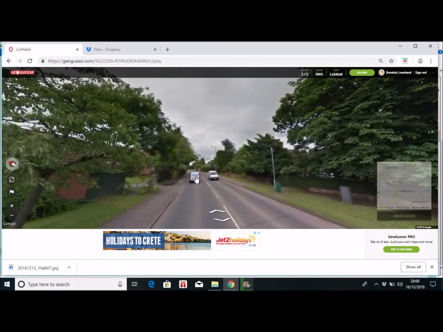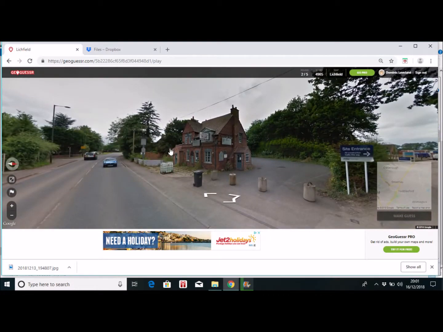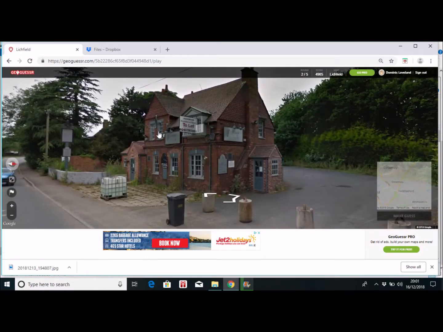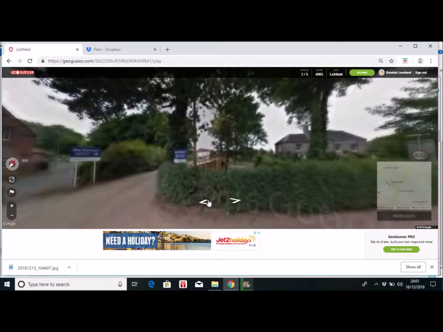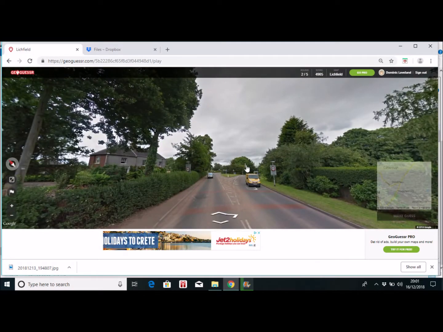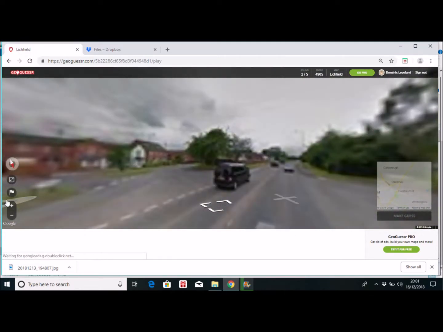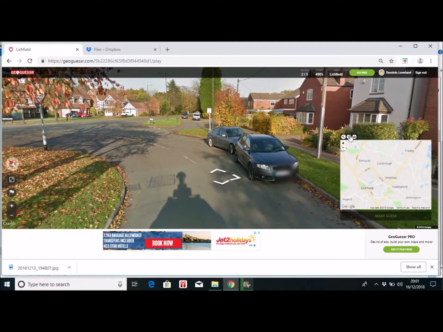Down here it leads to a motorway. This pub here looks closed down, so this must be quite recent. I never went there, and they are building houses down here. There's a new housing estate behind this board, and this motorway gets you to Burton and Derby, heading northeast out of our city. But yeah, cool. So we started here, so I believe